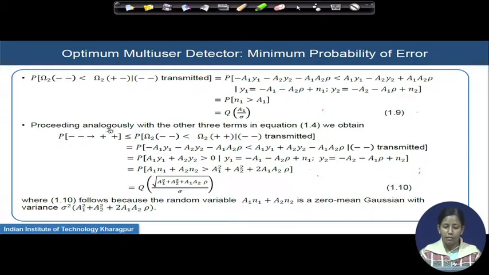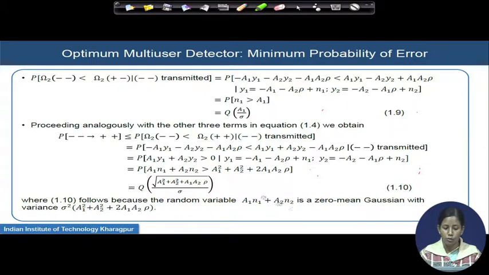Equivalently, going by the same logic, if double minus is transmitted but you are receiving double plus, it is a cross change that can only happen in this situation, which leads you directly to another Q function expression governed by expression 1.10. And as you see, when we derived this, we utilized the fact that the random variable